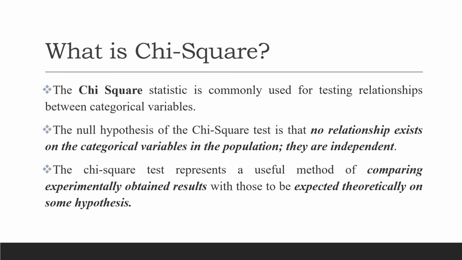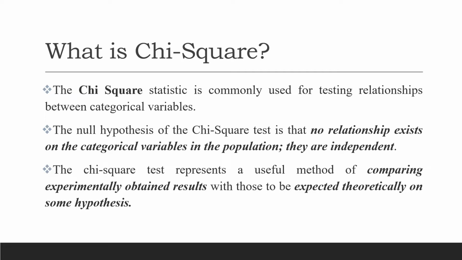The null hypothesis for chi-square is that, in case no relationship exists between the categorical variables in the population, they are independent. So we are assuming both variables are independent, and we consider there is no relationship between these two categorical variables. The chi-square test represents a useful method of comparing experimentally obtained results with those expected theoretically on some hypothesis. So the very important thing about the chi-square test is that we just compare the experimentally obtained result as well as our expected